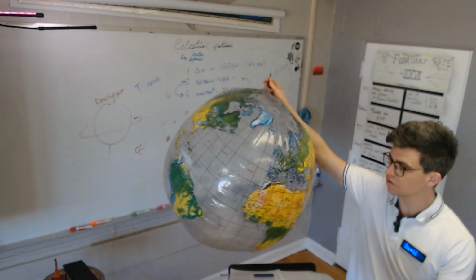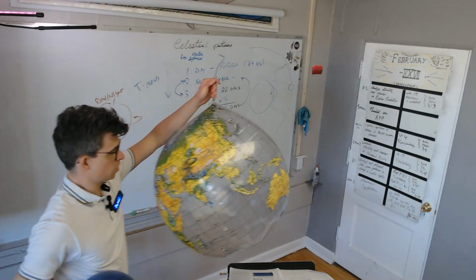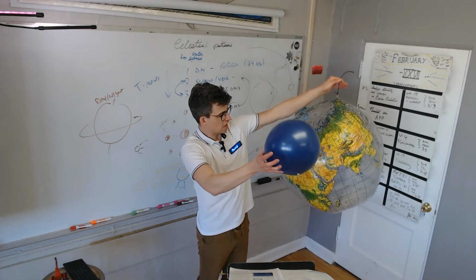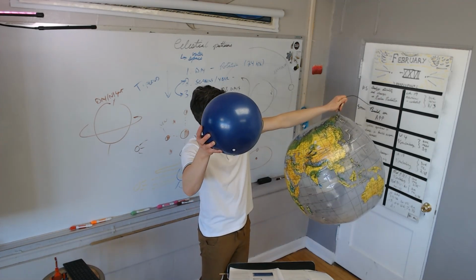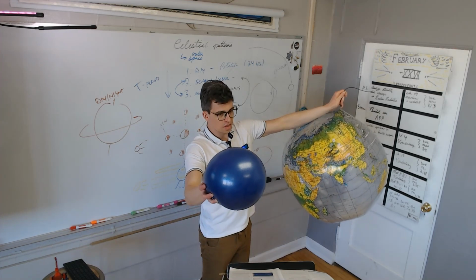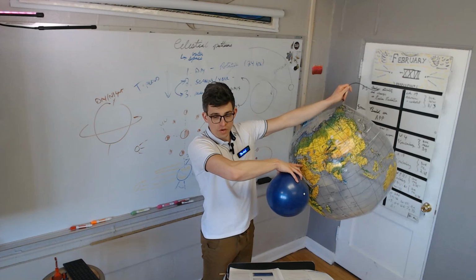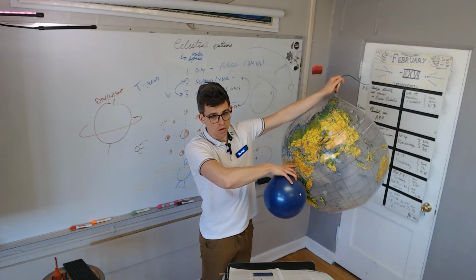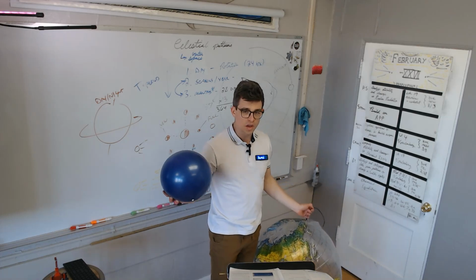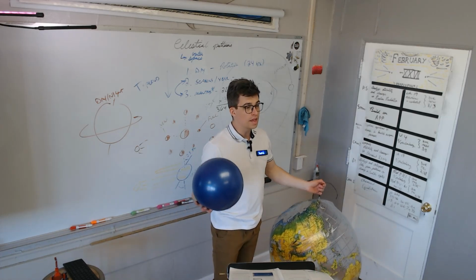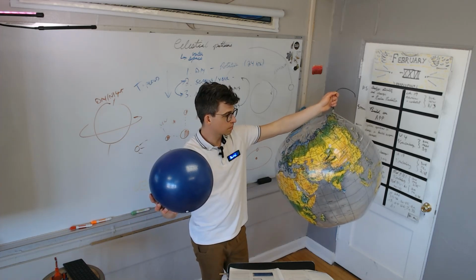Sometimes, kind of rarely, it lines up just so that a shadow, you can kind of see maybe a shadow. Yeah, it's going to be an eclipse. Sometimes it lines up that a shadow from the moon is cast on the Earth. You should write this down. Shadow of the moon cast on the Earth is called a solar eclipse. We name it after what's being eclipsed. What has something go in front of it? In this case it's the sun. The sun has the moon go in front of it, so we call that a solar eclipse.